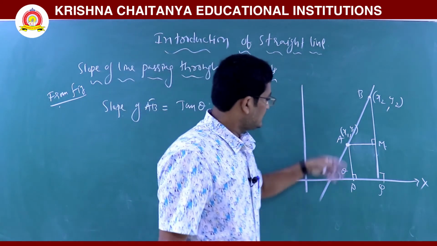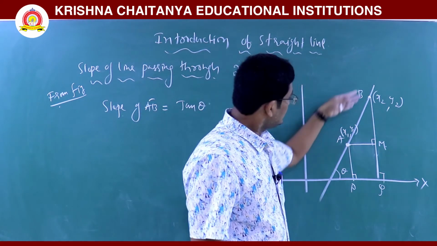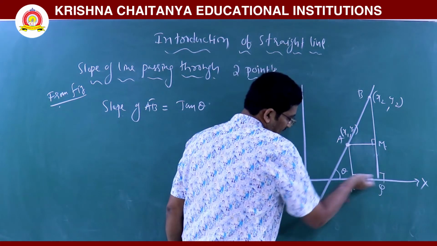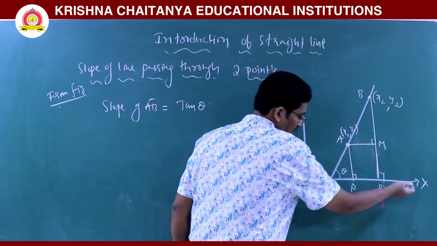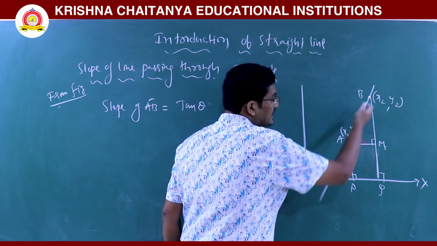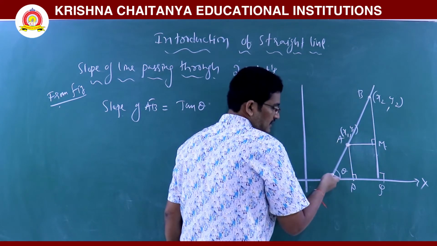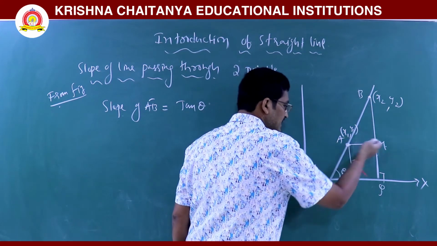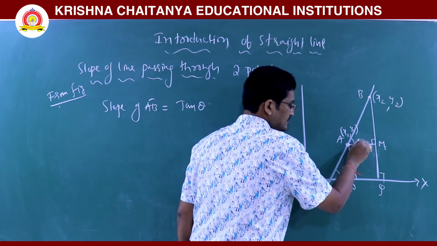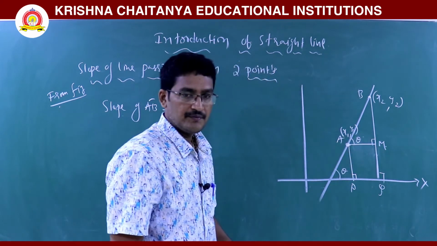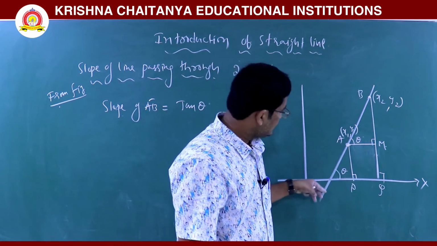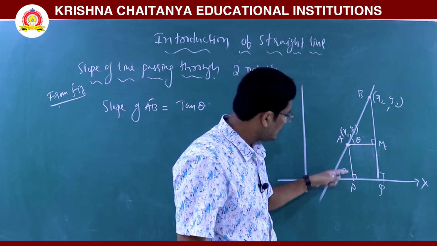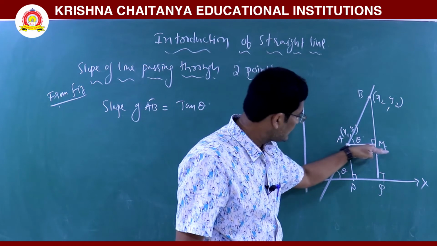So, we have already taken the inclination of AB bar as theta. The x-axis is the transversal here. This is the line parallel to the x-axis, AM bar. The inclination of AB bar is theta, and since AM bar is parallel to the x-axis, the angle between AM bar and AB bar is also the same, theta. Corresponding angles are equal, you know.